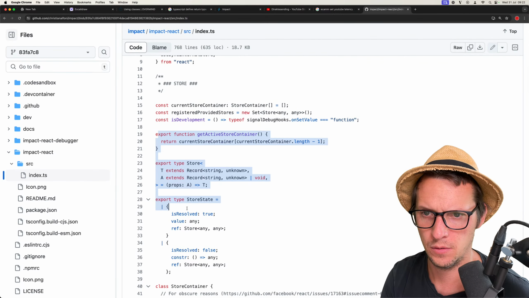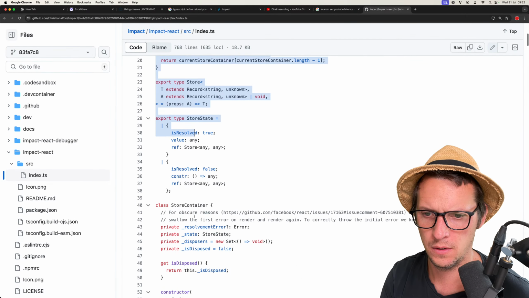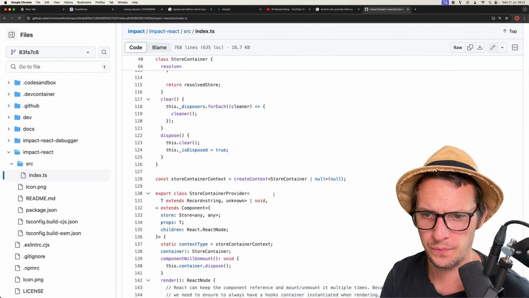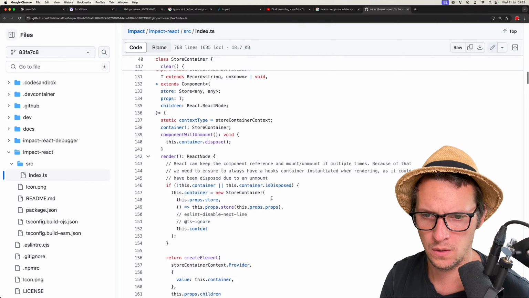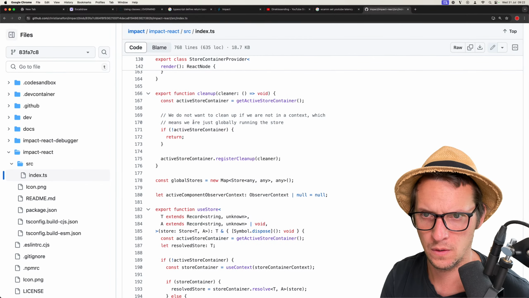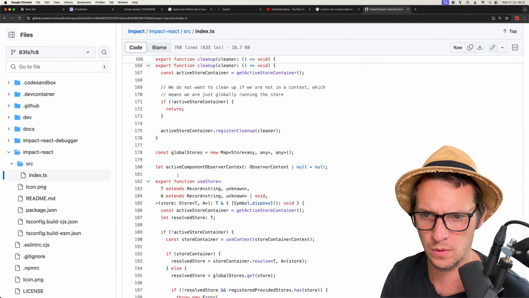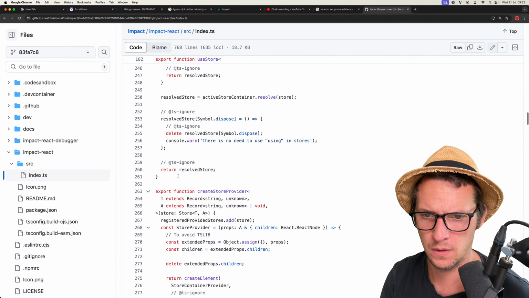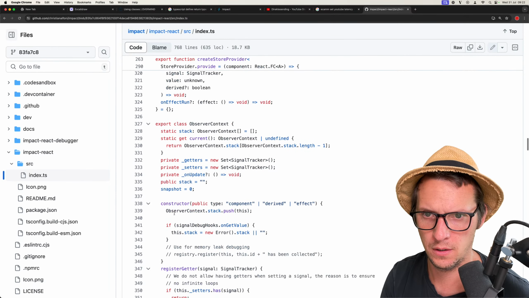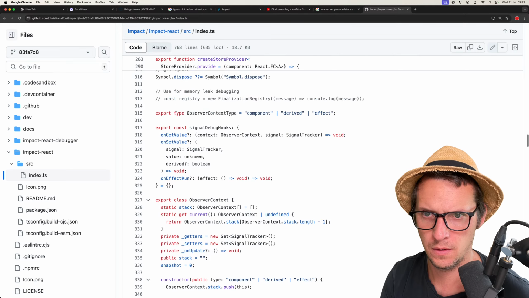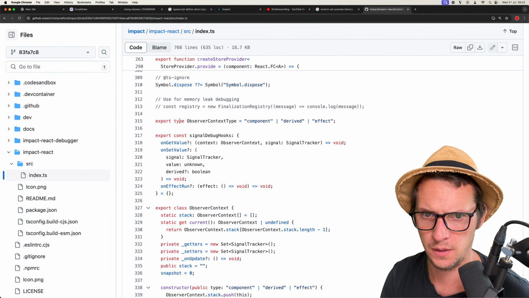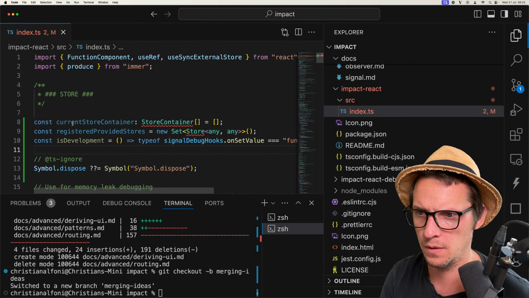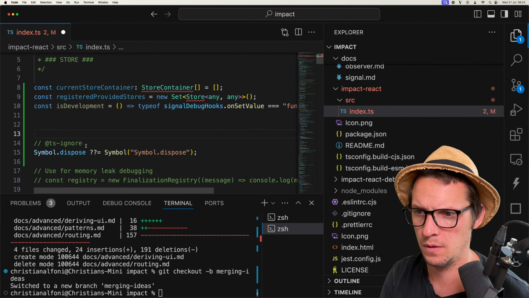Oh, get active store container. Store container. Cleanup. We need cleanup. We need use store. We need store provider. Signal debug hooks. Okay, there we go.